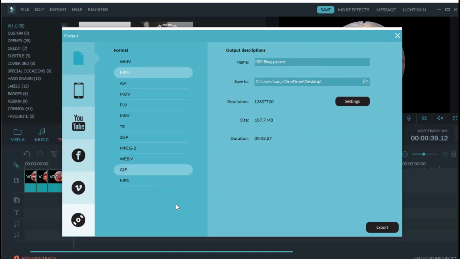Now the next and most important thing is in what format I want to make this video. The best formats are, number 1, MPEG-4, number 2, AVI. Because these two files can be incorporated in PowerPoint, number 1.